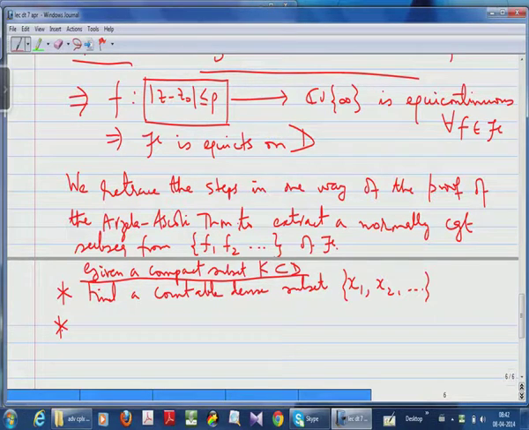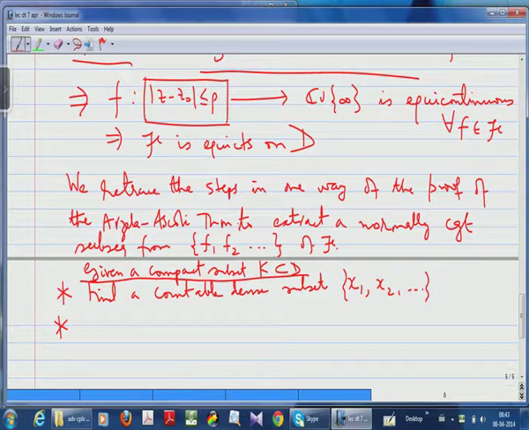Then you go back and think about the proof of the Arzela-Ascoli theorem. What you would do is that you would take the original sequence and apply it to x1, and you get all these real or complex numbers. Now you will use the fact that the original sequence is uniformly bounded to say that you have a bounded sequence, and you will extract a subsequence. Any bounded sequence of real numbers or complex numbers admits a convergent subsequence. That is all you are using. But now you see,